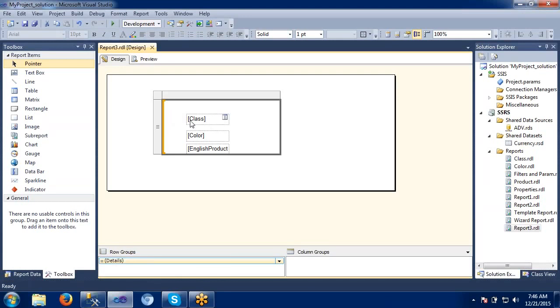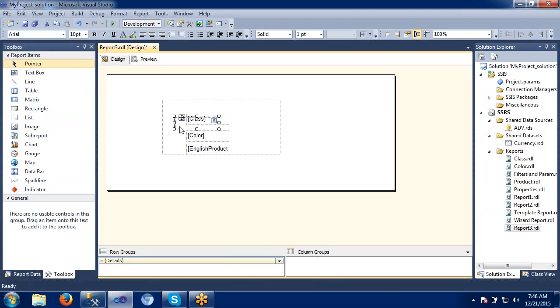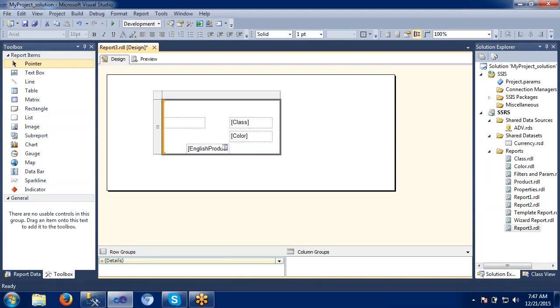So this is the data we are getting, right? I will try to insert one more text box, which I can move to anywhere here. It's not restricted to be placed at one place only. As I told, this is a free form report. You can place it anywhere here. So, just to make a proper report, I'm taking a label here,